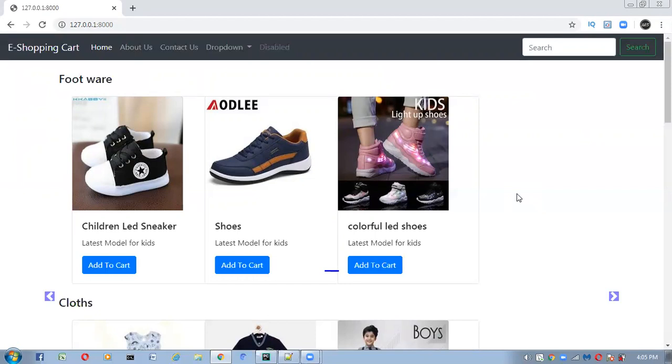Suppose I have nine products in the footwear category. In that case, each slide should show four items: four in the first slide, four in the second slide, and one in the third slide. So now let me go to admin.py and add a few more items here.